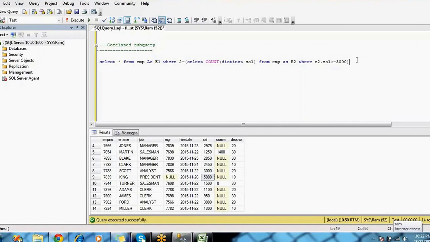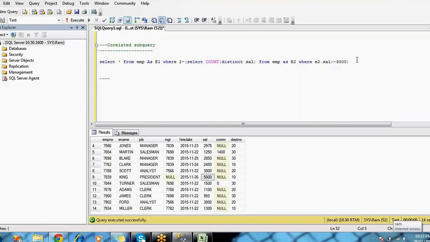But in the correlated subquery, first the outer query executes and passes that result to the inside query. Based on the inside query, some result comes back to the outer query. So this is two-directional, but the non-correlated subquery is a one-directional query. So this is about the correlated subqueries.